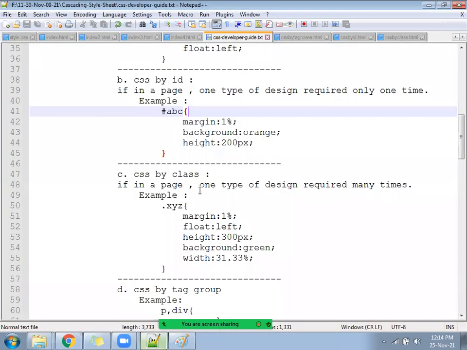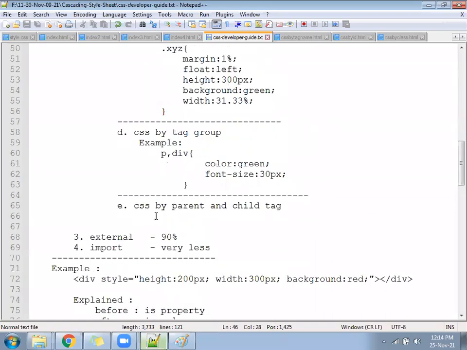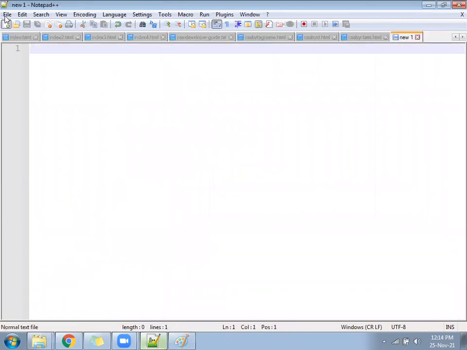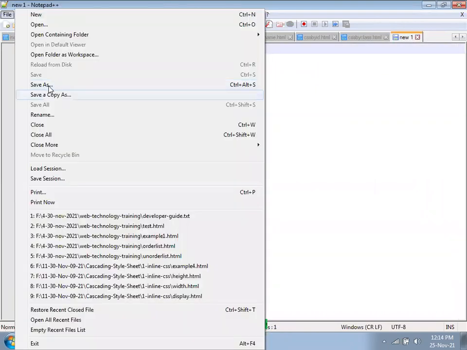What is the next method? Parent and child. How to make a parent tag and how to make a child tag. Create next file. CSS by parent child.